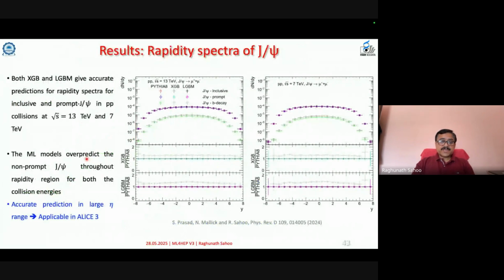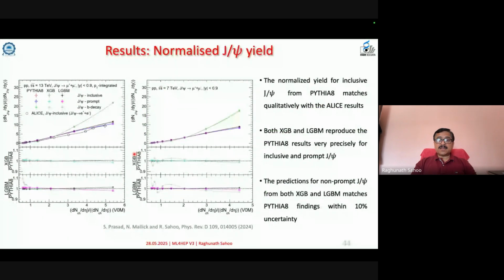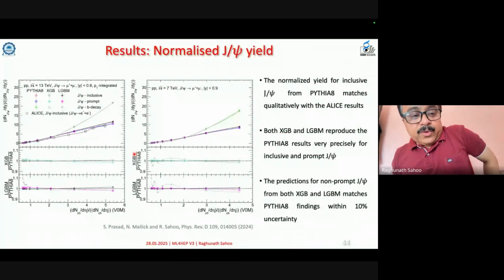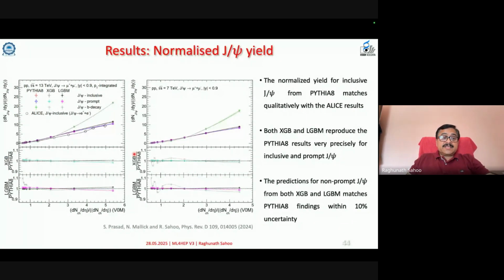Then some other studies involving rapidity distribution, this is what we did, and this will play a very important role when our pseudorapidity coverage will go to 8 units in ALICE 3, when ALICE 3 will be operational from 2032. So these are some predictions where this can be worked on. And then the normalized J/psi yield, which I talked about, is also studied here. You can see our machine learning predictions are very exact, close to the trend,